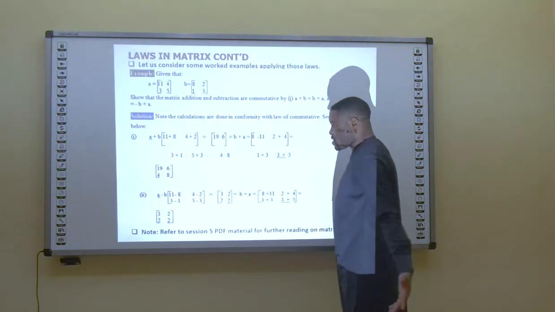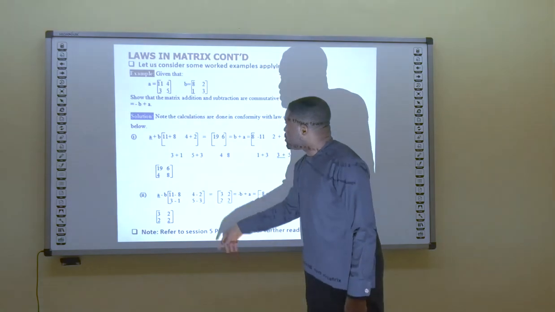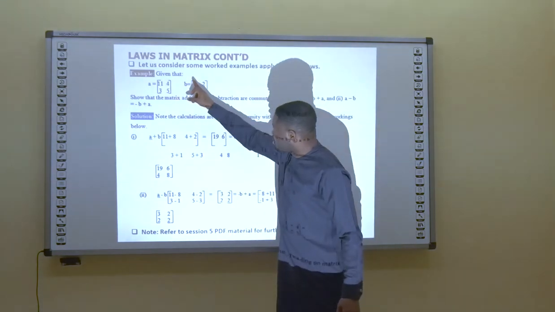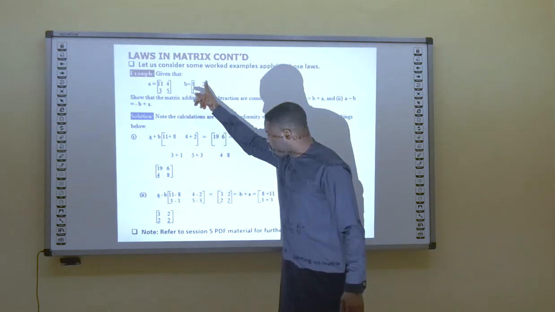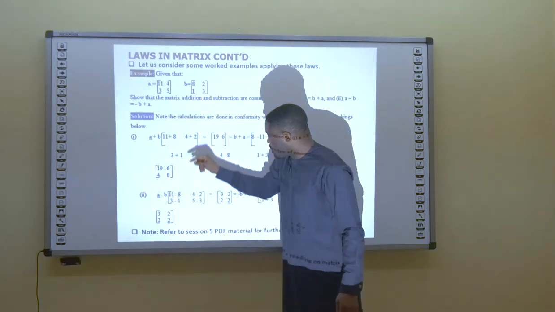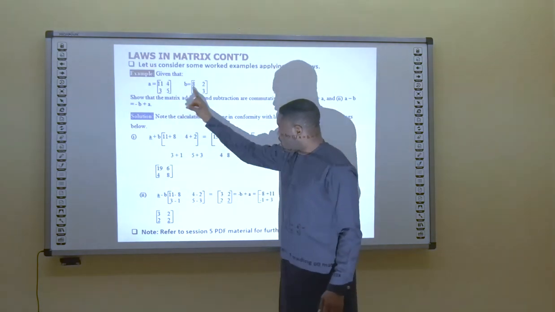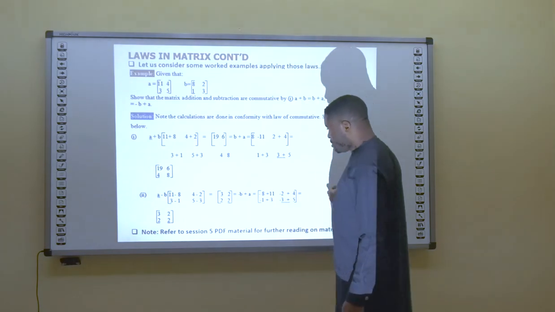Then the second one we have A minus B. So it means 11 minus 8 is 3, 4 minus 2 is 2, 3 minus 1 is 2, and then 5 minus 3 is 2. So that's